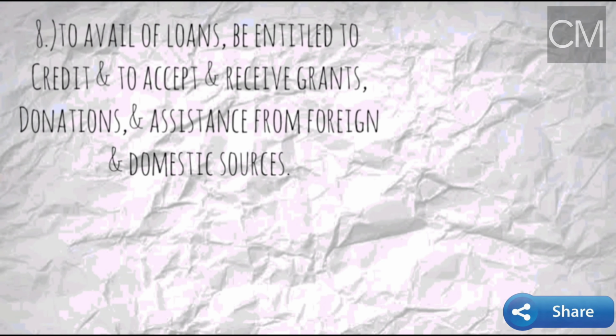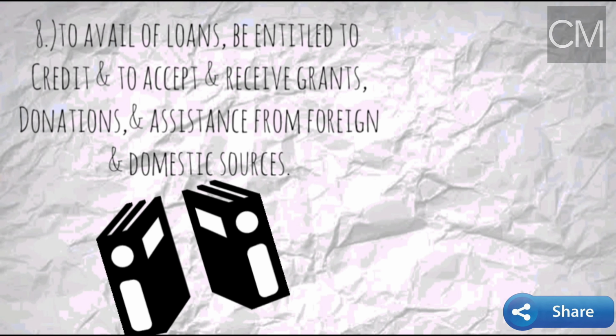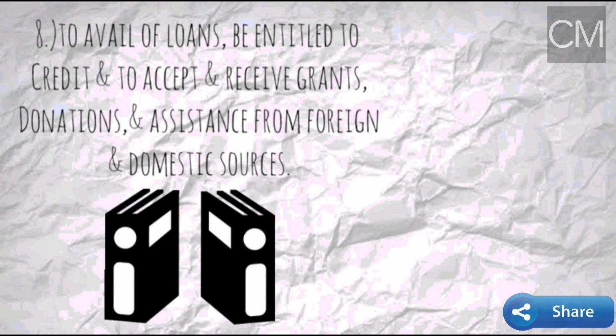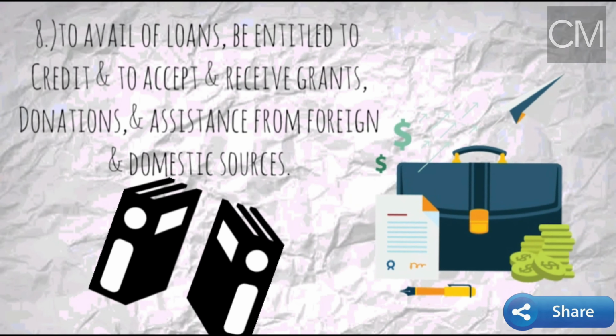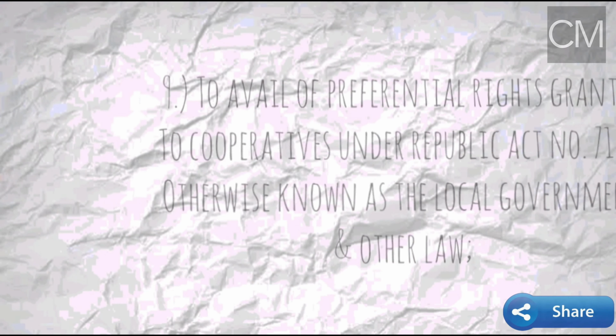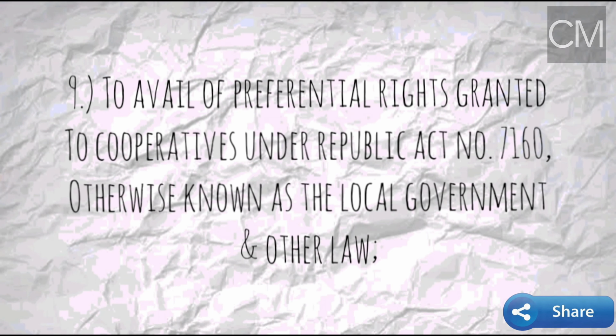Eighth, to avail loans, be entitled to credit, and to accept and receive grants, donations, and assistance from foreign and domestic sources, meaning the authority upon written request shall provide the necessary documentary requirements for loans, credits, grants, donations, and other financial reports. Ninth, to avail of preferential rights granted to cooperatives under Republic Act No. 7160, otherwise known as the Local Government Code, meaning particularly in the grants of franchise to establish, construct,